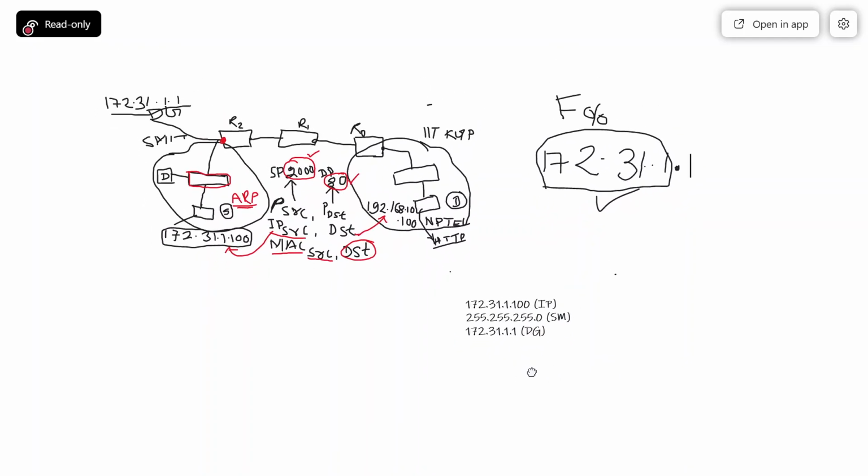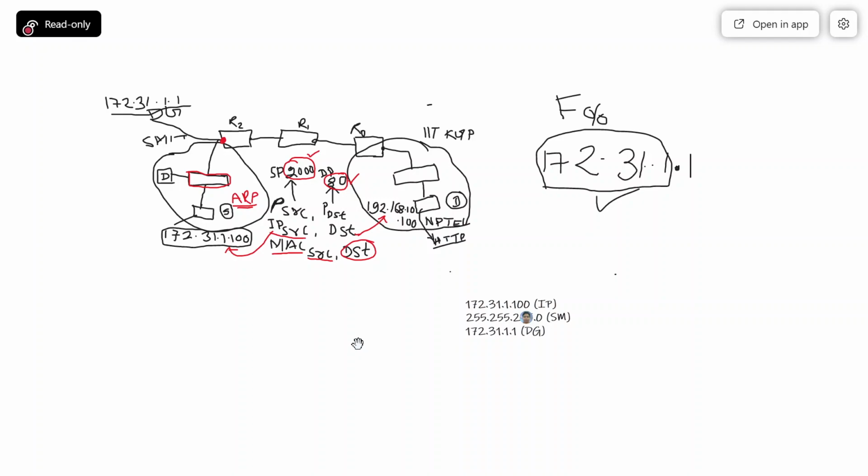Now I have to go to the destination. In this particular case, we cannot know the destination MAC address.